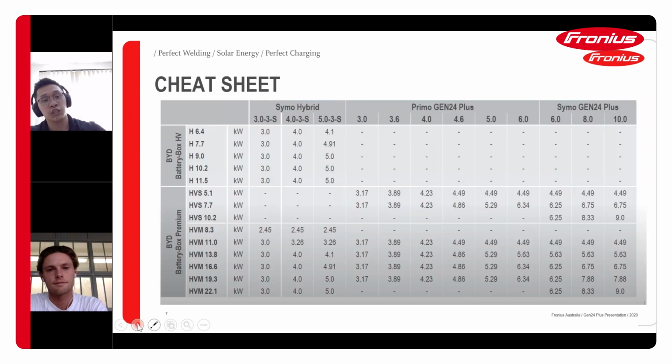We also have a cheat sheet for you guys. So depending on which one you're going for, you will have different charging and discharging rate. So here, if you look at the HVS and HVM, you have the charging and discharging rate depending on which inverter you're using. So here you can see the Primo Gen24 Plus and the Simo Gen24 Plus. So just to give you an example in terms of, let's say, discharge and charging capacity there. So here we have the HVS 10.2 kilowatt hour. All right. If you connect this HVS 10.2 kilowatt hour to a Simo Gen24 10 kilowatt, you can get 9